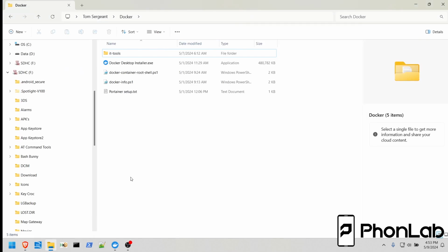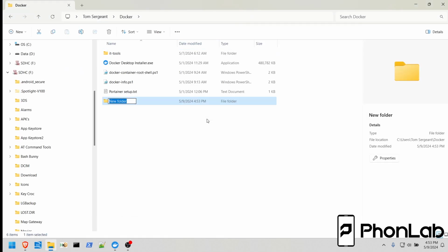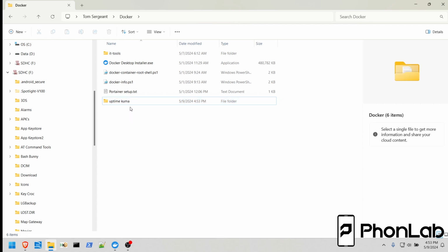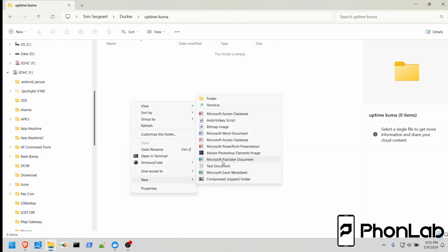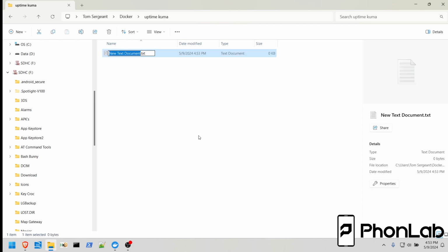Alright, so the first thing I do when I get a new command is I come in here and I create a new folder. And we're going to call it uptime, right? Uptimekuma, because that's what it is. And hit enter. Alright, go in that folder, create a new file, text doc, and just say